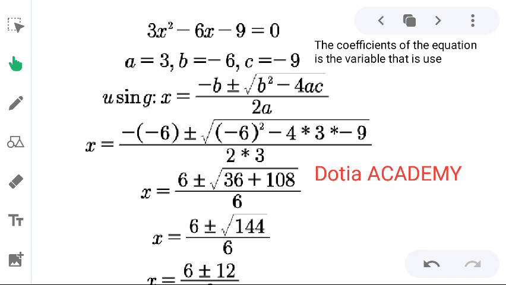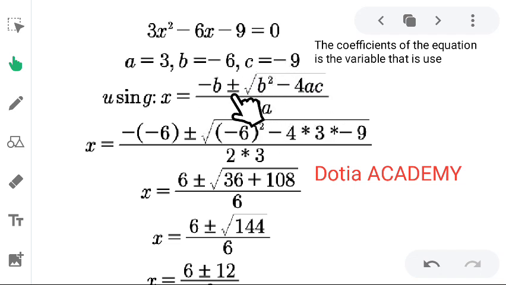So the next example I'm going to consider is 3x squared minus 6x minus 9. I say all you have to consider is the coefficient. The coefficient of the square, represented by a, is 3 as regards this equation. The coefficient of x is minus 6, so b is minus 6, and c is a constant, which is minus 9. Using the